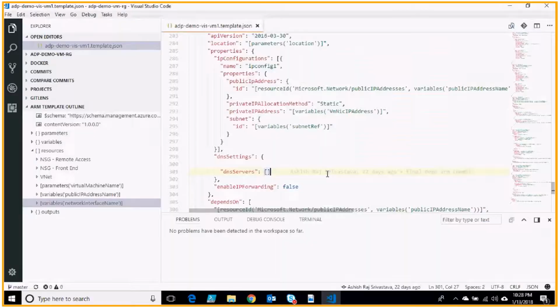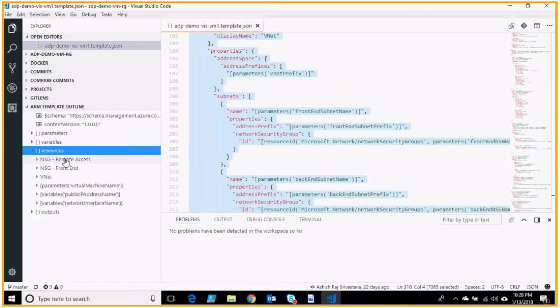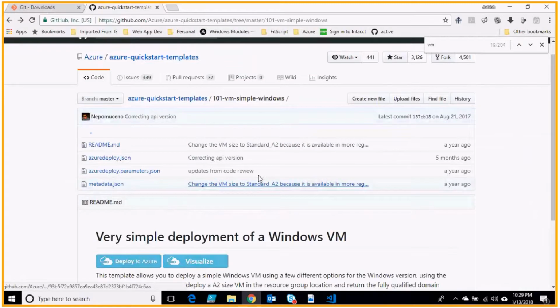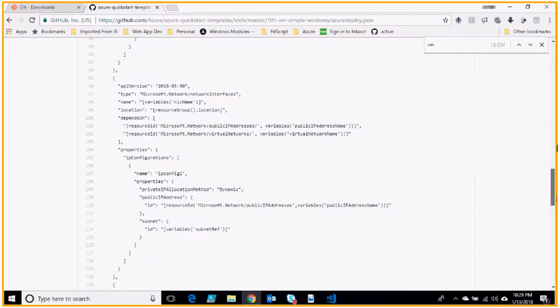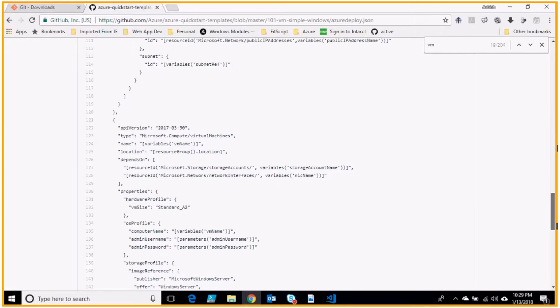So once you have that template from the quick start, once you have navigated through it, what variables are there, what parameters are there, what resources are there, you might want to edit those resources depending upon your scenario. Suppose I tell you a very common scenario: let me go to the quick start and let me go to the JSON template here. And if I go to the JSON, and if I go to the resources here,